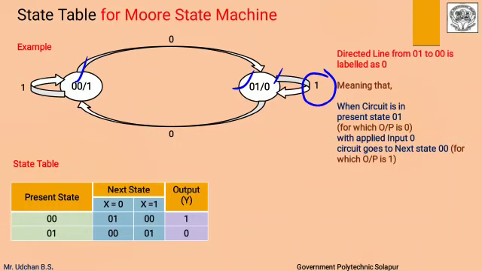That is written over here. When present state is 00, when a value of x is 0, the next state will be 01, which is shown in this state diagram. When present state is 00, when we apply a 1 input, it will go to 00 state. Similarly, for 01 state, when we apply a 0 input, it will go to 00 state, and when we apply a 1 input, the 01 state will remain in 01 state itself. And these are the two outputs for each present state.